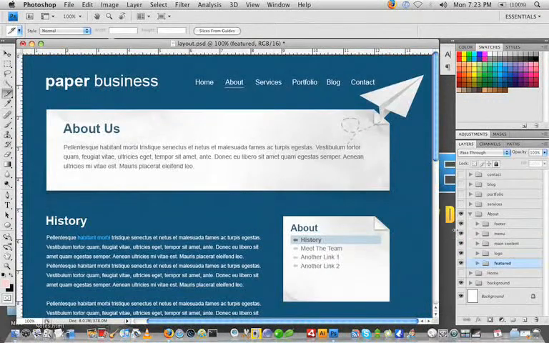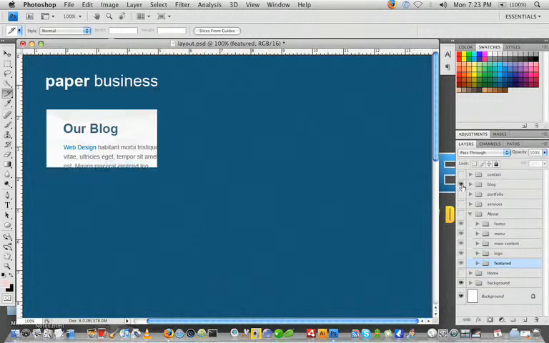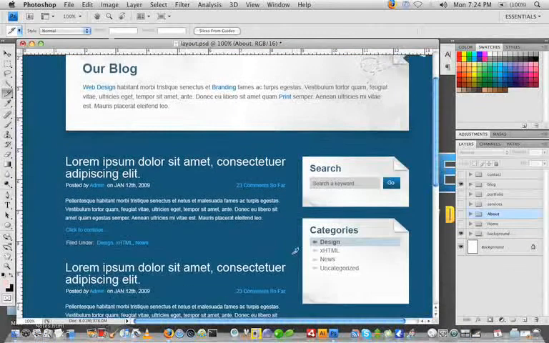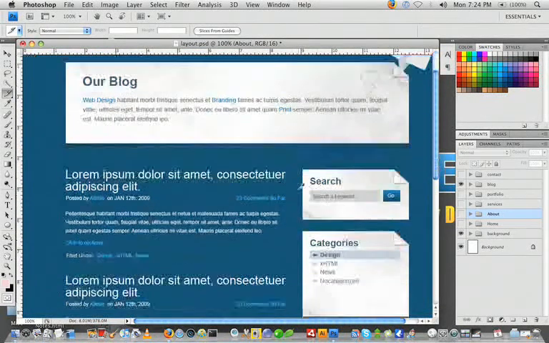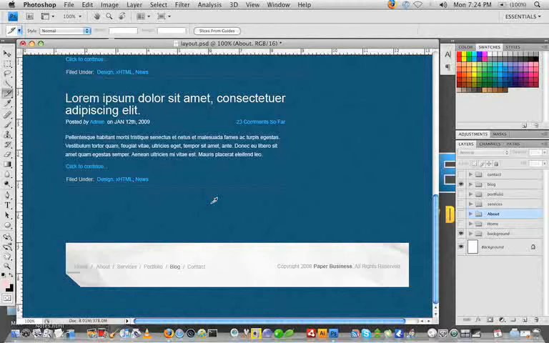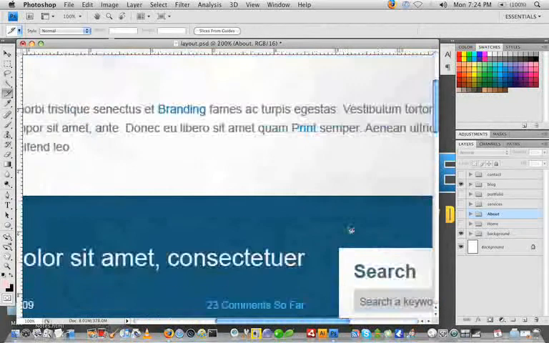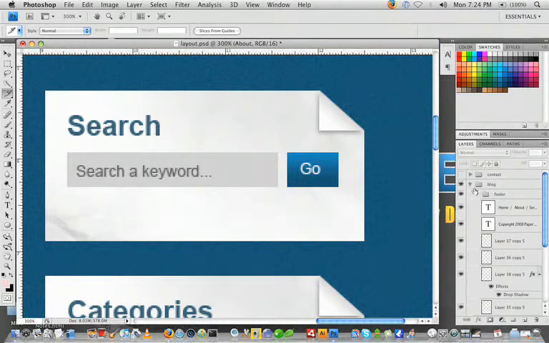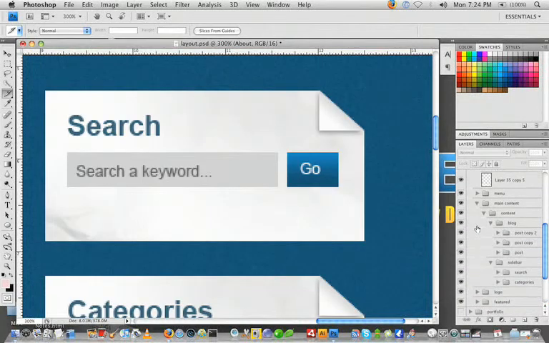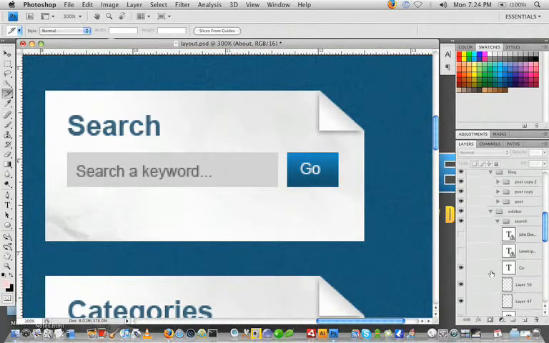Okay. So now let's look at one more page, which is the blog. You can see we already have most of the stuff we need here. We have the background for the blog. We have the sidebar paper stuff, but we're going to need this little go background gradient blue button here. And yeah, that's all we're going to need for the blog. So let's zoom in on the search thing, and under blog we will go to, where is it under? Main content, yep. Sidebar search, and we'll hide go, and then I will just do my best to take